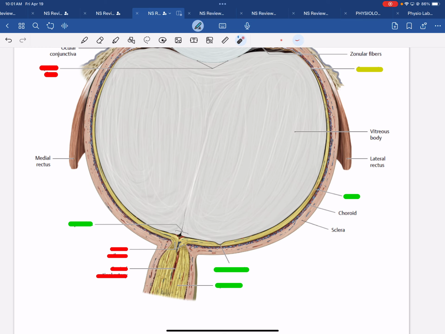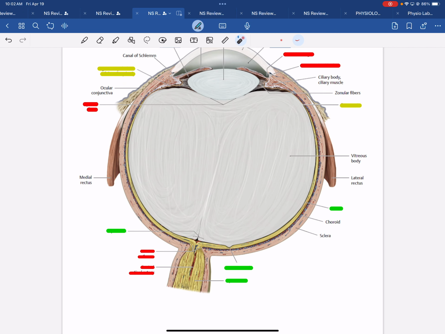Why? Oh, are we talking about the pigment that is on the last layer? You can think of that too. It absorbs the light. Good, right? So it absorbs excess light to prevent scattering of light. When the light comes in, you don't want it to bounce off and activate this and then bounce off and activate that. You want it to activate that one part of the retina and that's it. So the choroid, along with the retinal pigmented epithelium, can absorb excess light to prevent the scattering of light